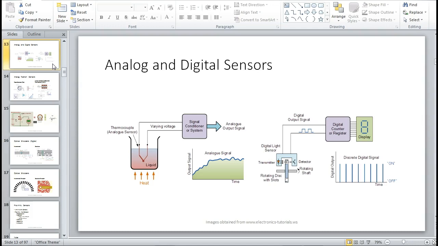Digital is discrete states. Usually when we talk about digital, we're talking about two states. It's either there or not there. So a limit switch is either made or not made. That's digital. All these photo sensors over here, these are all digital sensors. These proximity sensors, all these are digital sensors. All these presence sensors that we have are digital. Position sensors could be analog or digital, depending on what type of position.